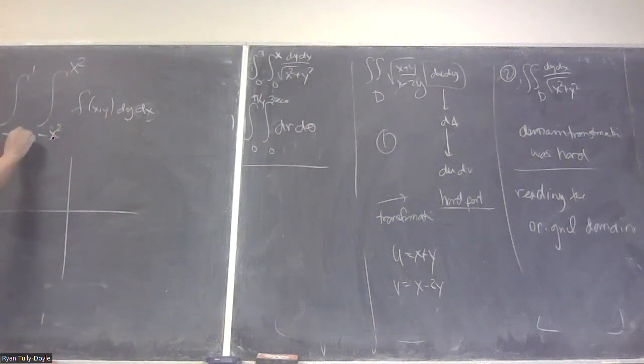I'm doing an integral where the y values are going between minus x squared and x squared, and the x values are running from -1 to 1, which means you should be able to write down that you're looking at